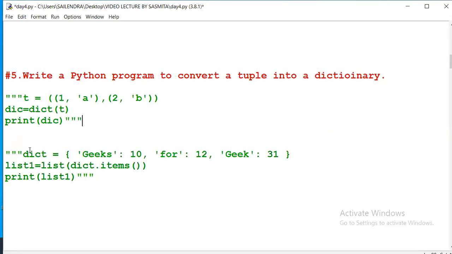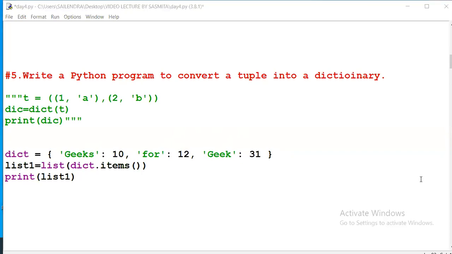See here, dictionary to list. How to convert a dictionary to a list? In the dictionary we have to declare key and value, key and value. So here the list is equal to list, we declare a variable for the list.